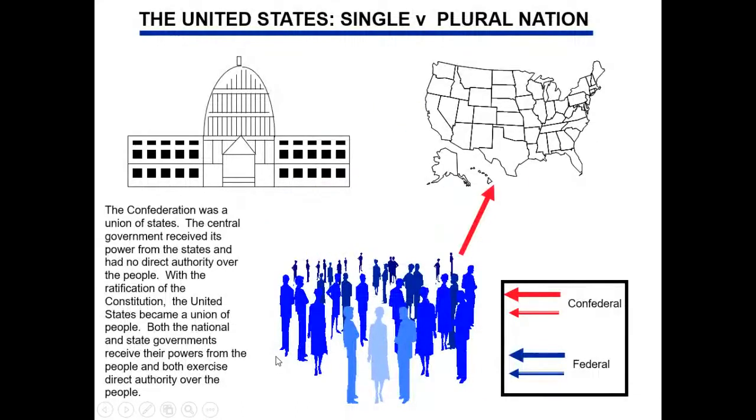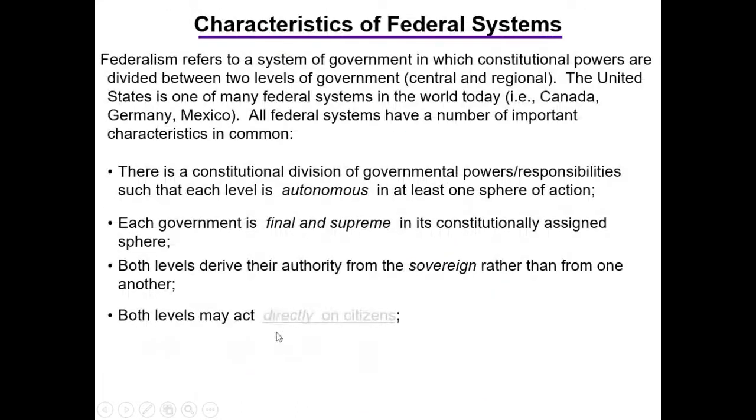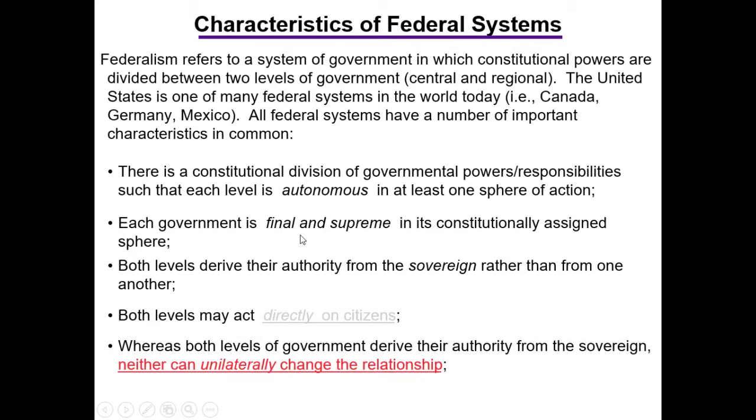But ultimately it comes down to this, right? They knew that this new national government was going to have authority that the old central government didn't have under the Articles of Confederation, and that is to reach out and touch you, all your lives. They didn't like that idea very much. So that's a big difference between confederacies and a federal system.